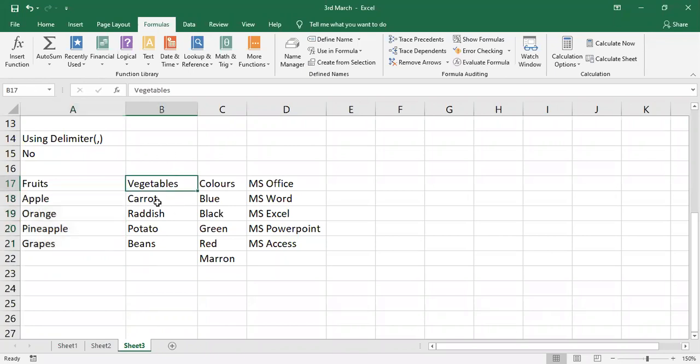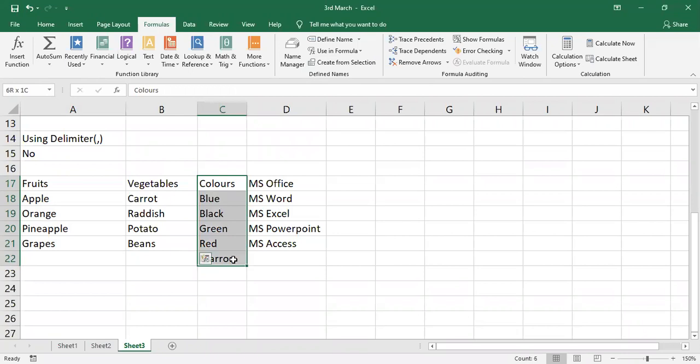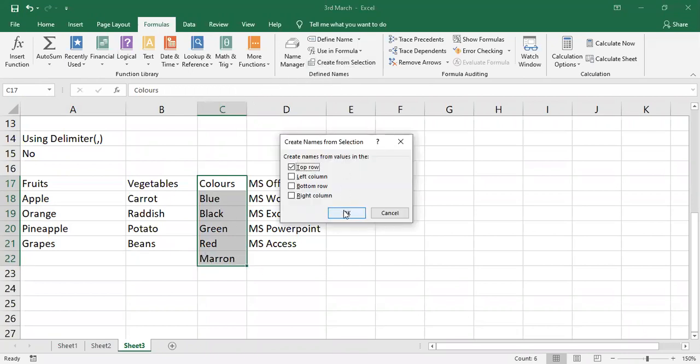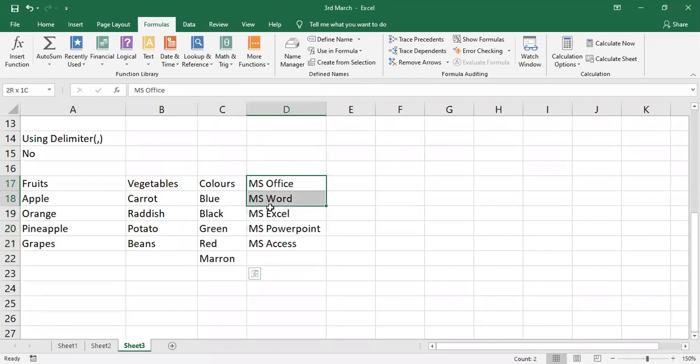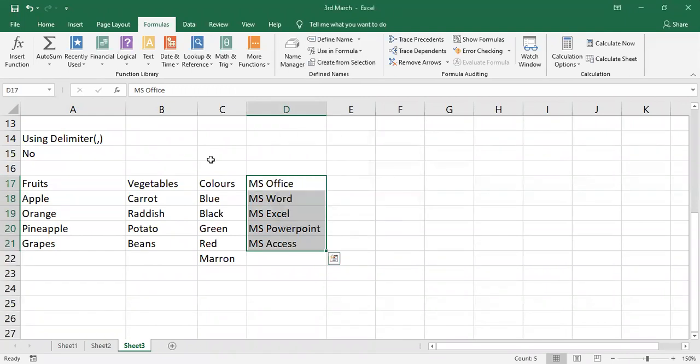If you give the heading here, again no need to type here, just select this, click on create from selection. Top row is nothing but what? The heading which you have given. Click on OK. Now I'll select this range, create from selection, click on OK. And now here I'm selecting this, create from selection, click on OK.